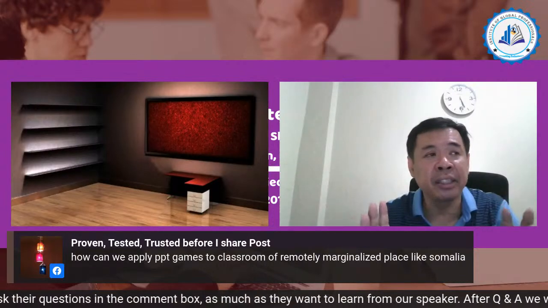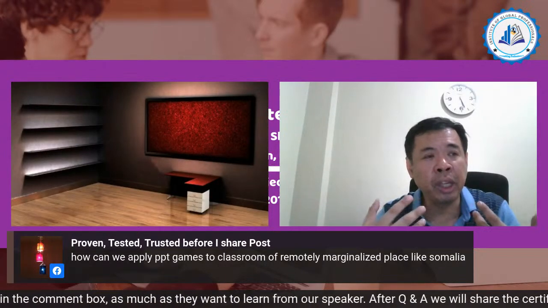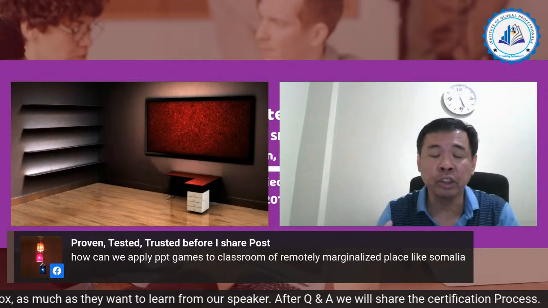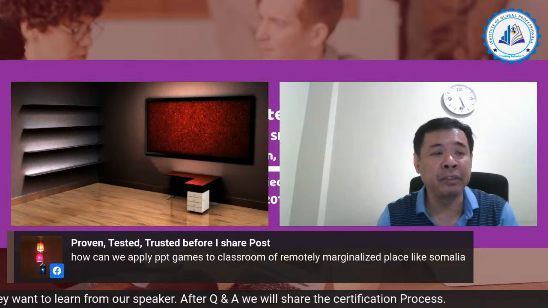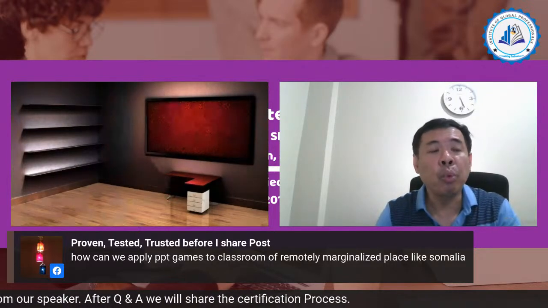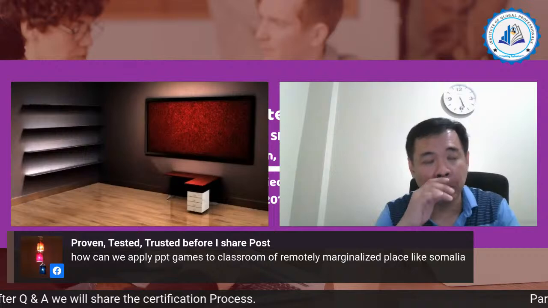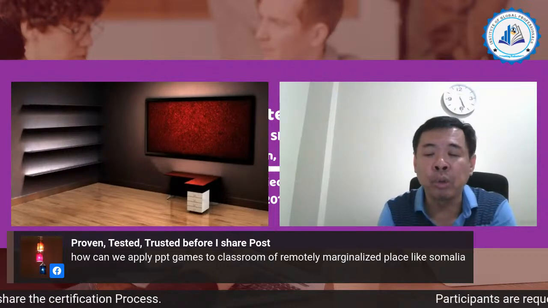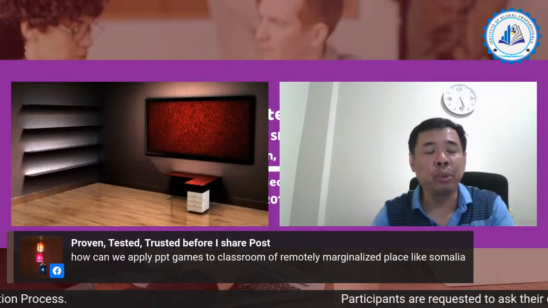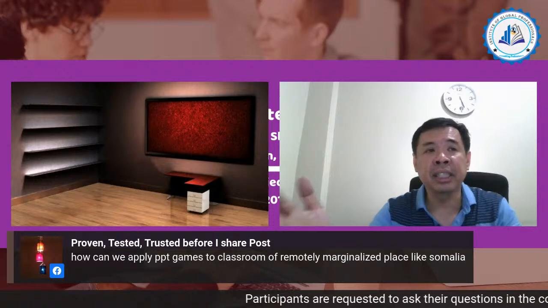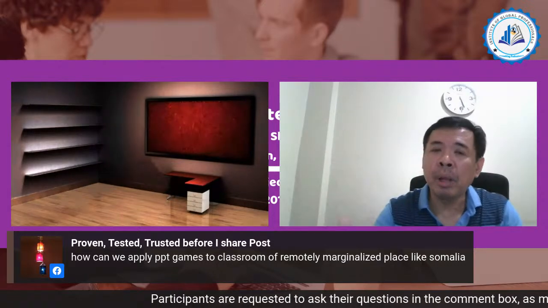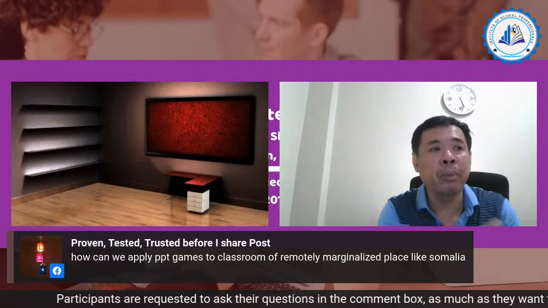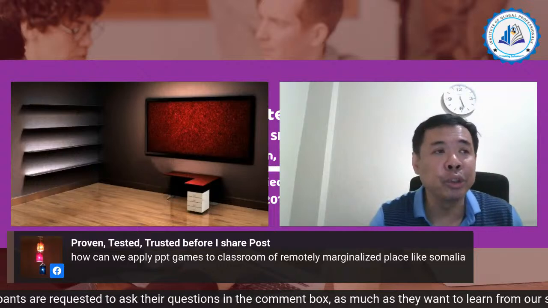If you lack materials or facilities, with just one laptop or one computer, you can make small groups, or you can let students come one by one to your laptop. In front of the laptop, they will click and use it,